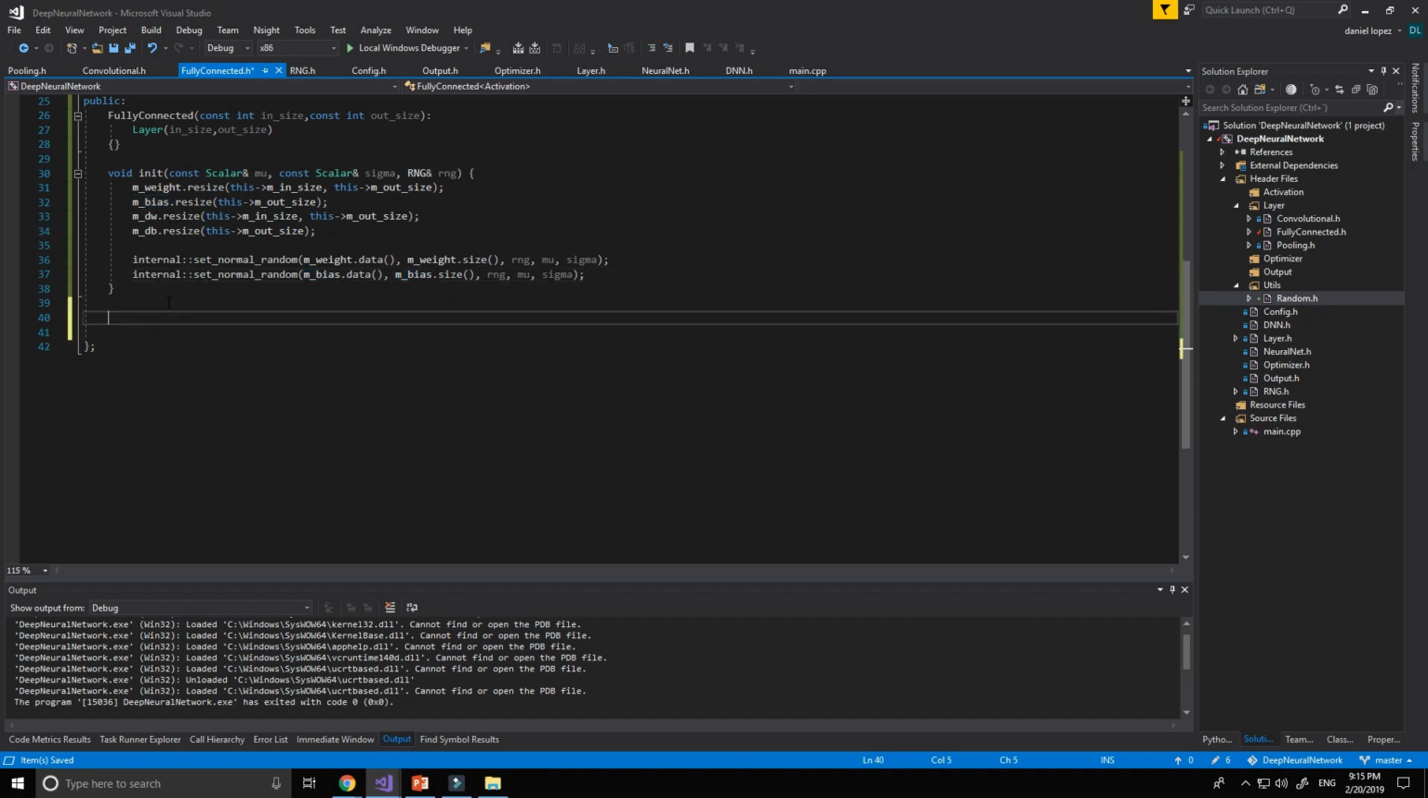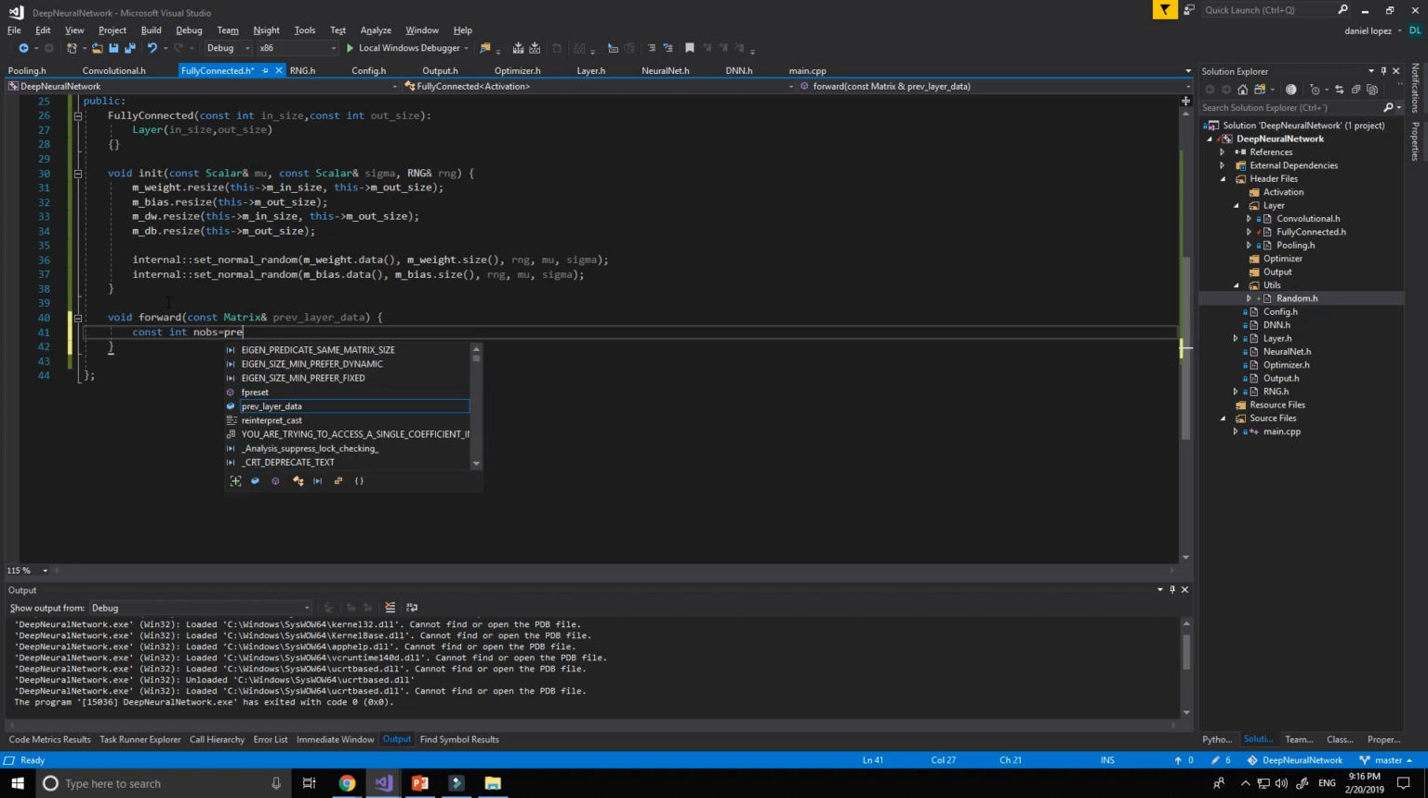We have now initialized our function. Now what we need now? The forward function. Our input will be the prep layer data. I will define first of all the number of observations or columns of input that we will input. Prep layer data dot cols, number of columns. Okay,